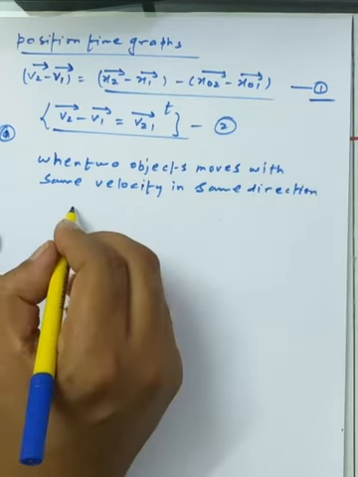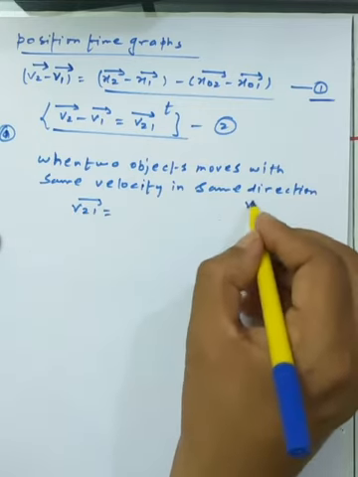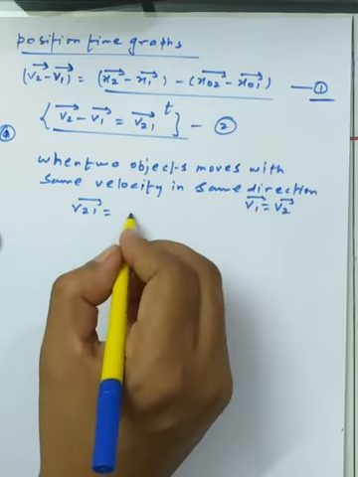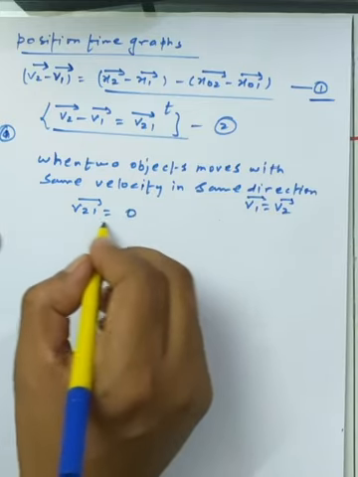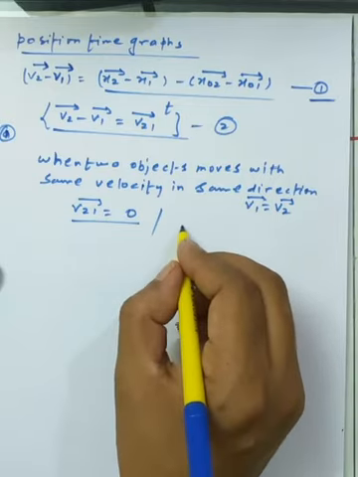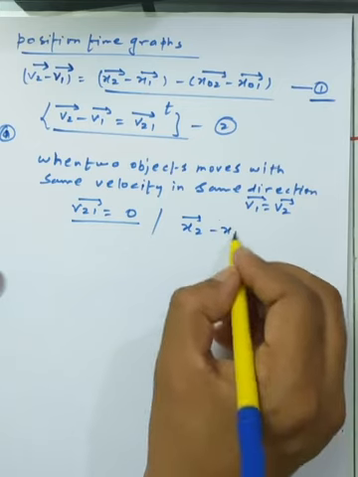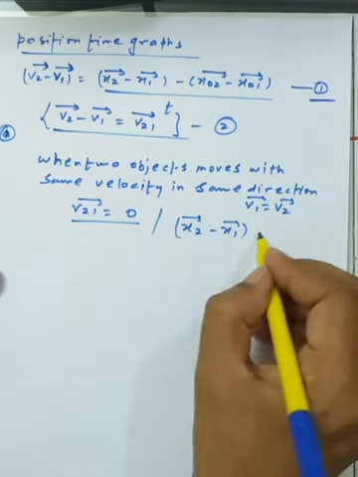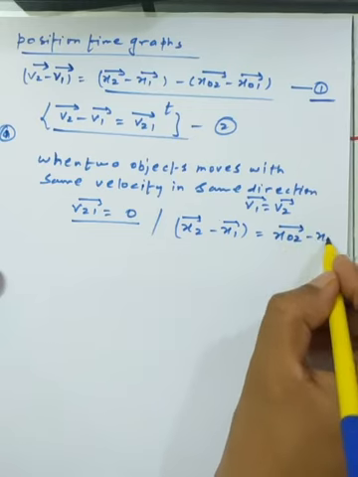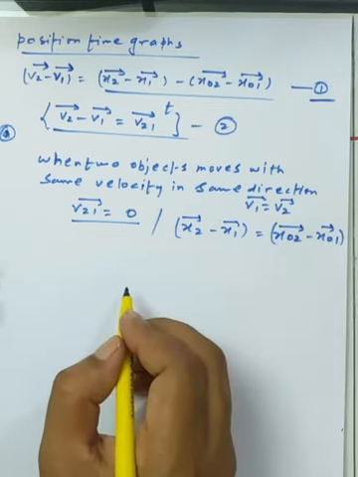So we have v1 is equal to v2, a constant. So we can easily go through the concept that v21 is equal to 0, and as we apply this in equation number 1, the relative position between the two objects will be the same as before the comparison. So x02 minus x01, the relative separation between them, will be static.